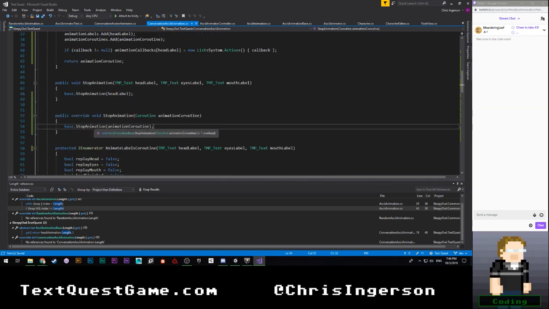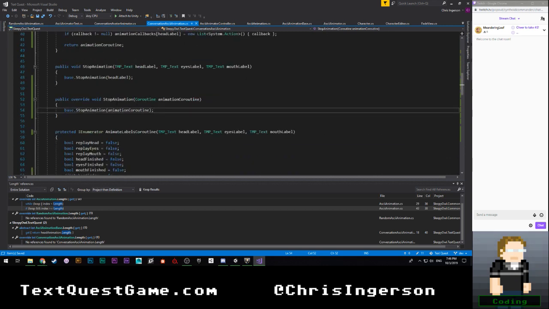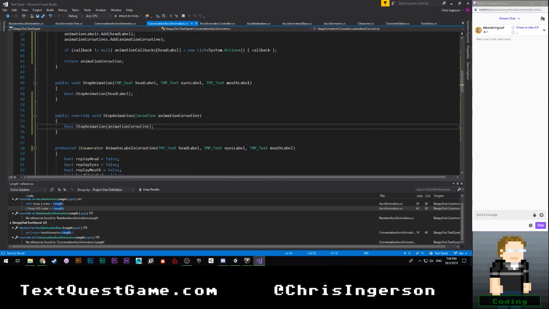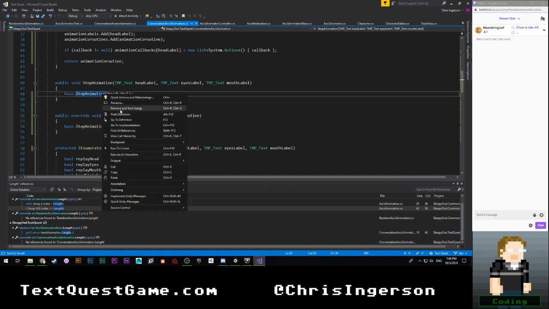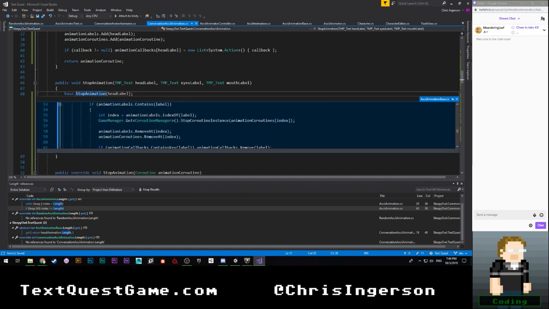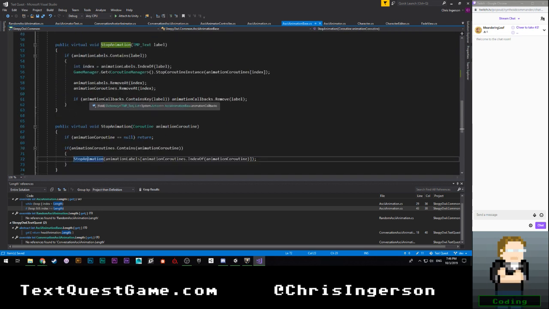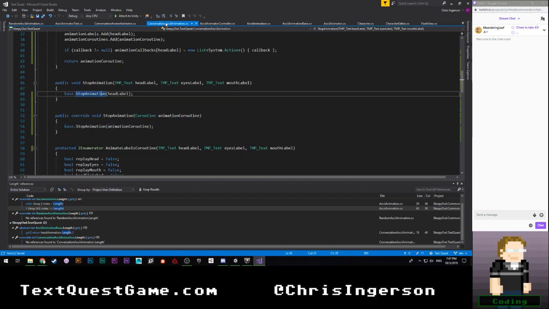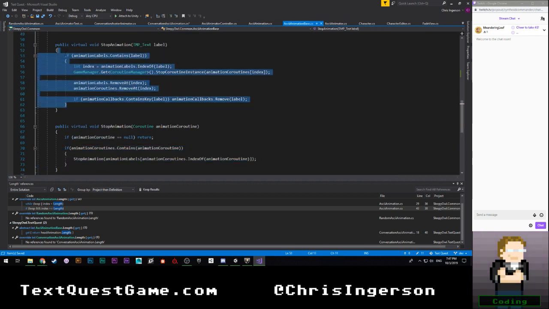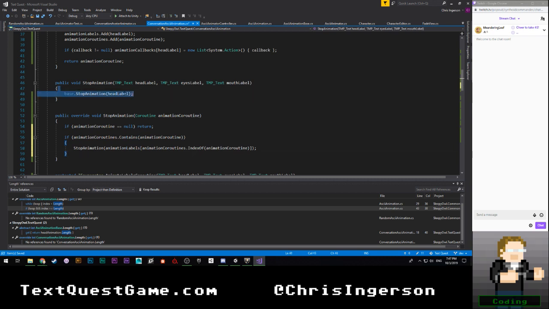And then we get to do the fun thing. So this needs to be overridden completely. Stop animation can't really function the way that the base one does. So I'm going to go ahead and come over here to ASCII animation base. All this does is call that version of it. So we are going to basically do the same thing. We're going to go ahead and come down here, come up here to ASCII animation here. We're just going to paste that as is. Then we're going to go up to here, and we're basically going to do the same thing.